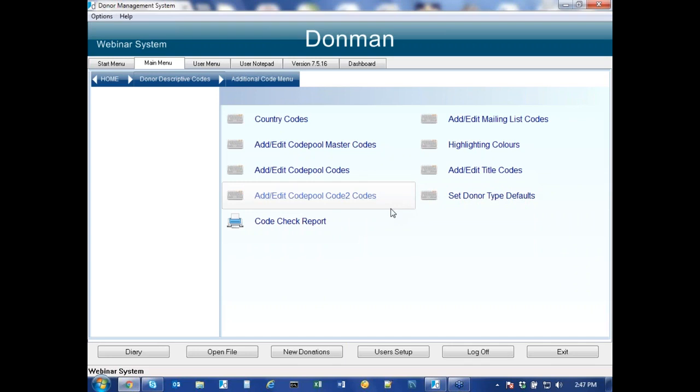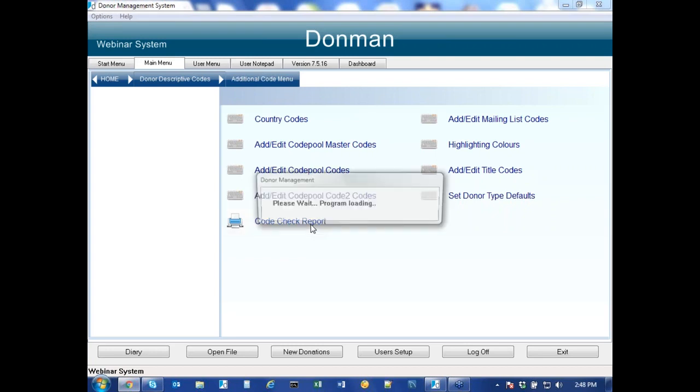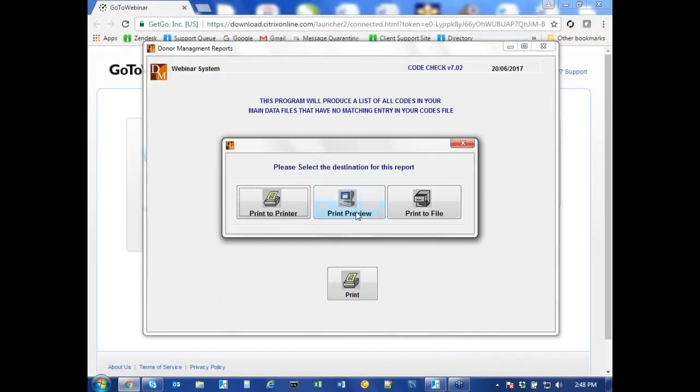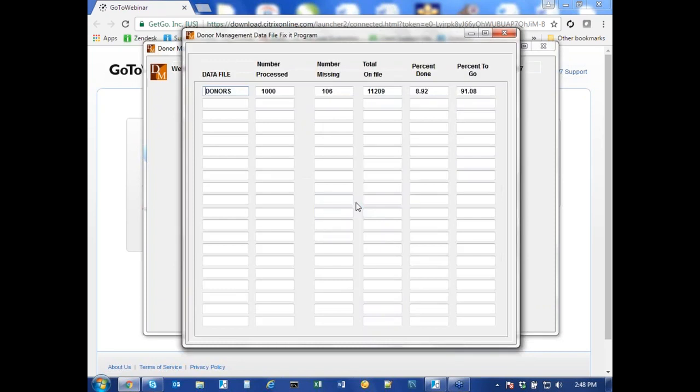Now, there's a couple of reports that I want to show you. One of those ones here is this code check report, and this is very useful for trying to find any codes that are being used somewhere throughout the system that are no longer defined. So someone's deleted a code when there are donors that have that. There's no options here apart from where I want to print it. It's going to go through all of my donors. It's going to go through archive, donations, prospects,